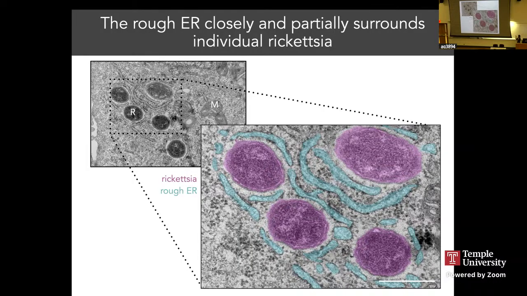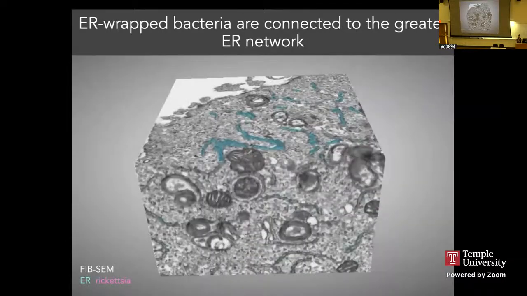network, but what we can't see in this picture is how much of the rest of the network is part of this interaction. And so we decided to use something called FIB-SEM, which is essentially just making a three-dimensional block of an electron microscopy image where you're taking this image and then you sort of laser off the top layer, and then you take another EM image, and then you do that serially, and then use a computer to basically rebuild that. And then we use deep learning segmentation to identify the components within this block, so specifically the ER